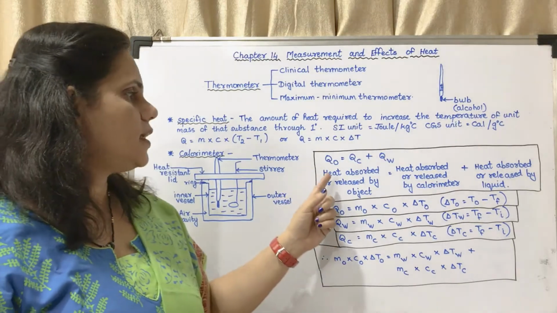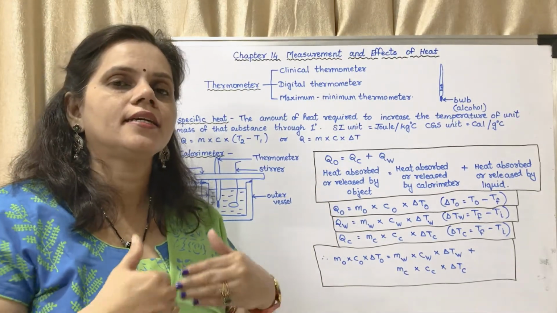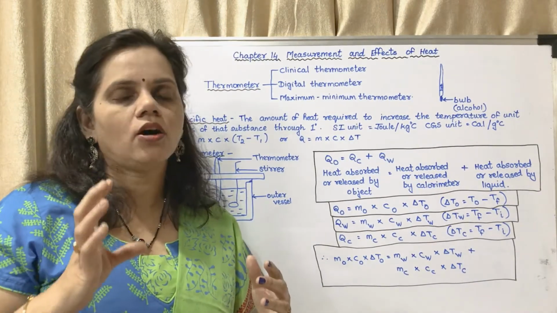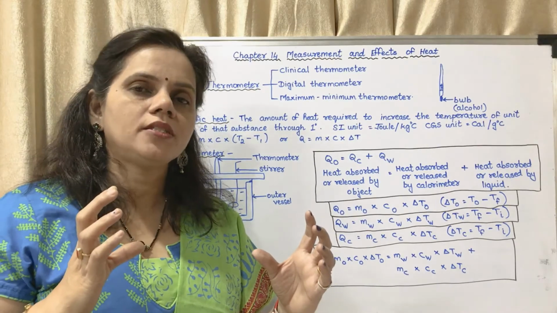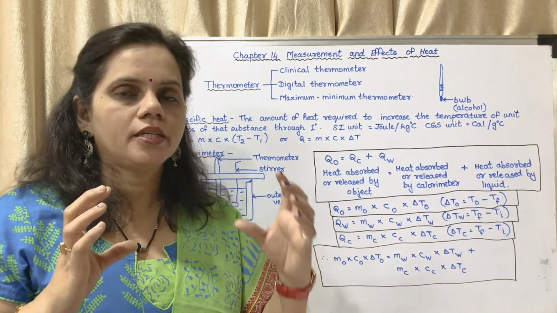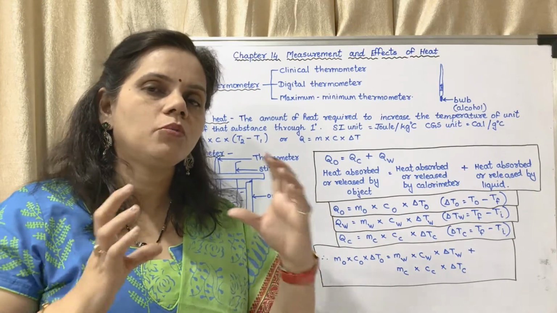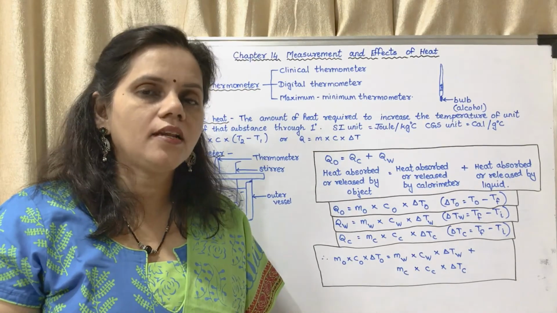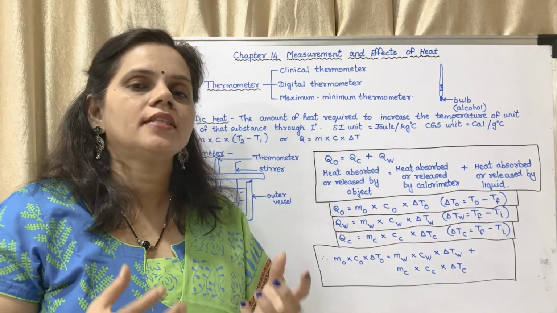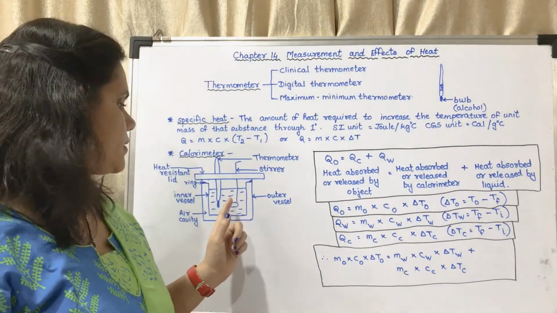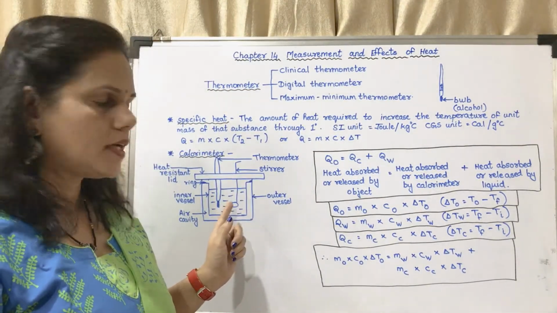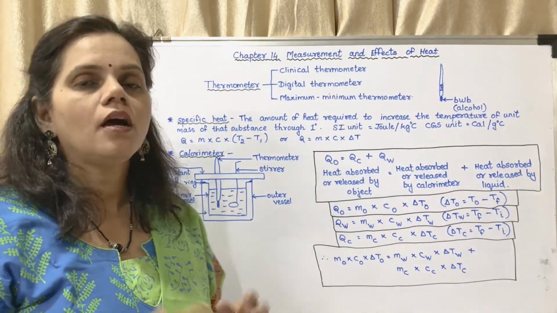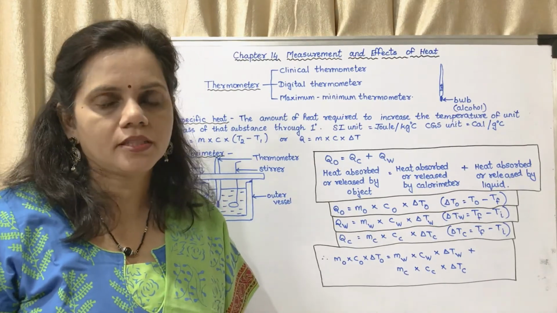So we will see what the equation is. The heat given is equal to heat taken. Whenever there is a hot object and a cold object, heat flows from higher temperature to lower temperature, till both the temperatures are the same. So at the final point, the temperature of the object which you have put into it, the temperature of the liquid in it, and the temperature of the copper vessel, all of them will be the same. The final temperature will be the same.